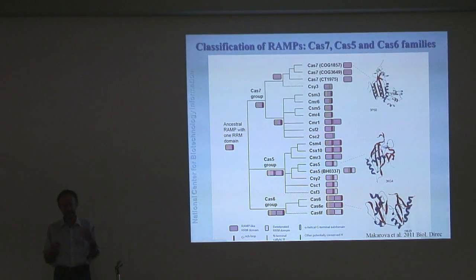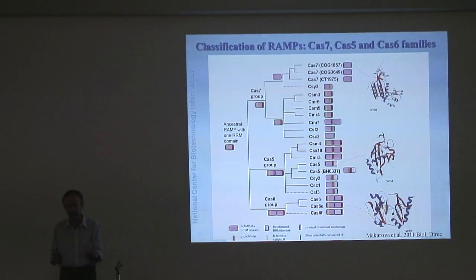Then analyzed in detail the relationship between these RAMP proteins. Remember, I introduced that in the very beginning of my talk as repair-associated mysterious proteins. Now, they have been reclassified into repeat-associated mysterious proteins, say with the acronym, and they have become somewhat less mysterious, thanks in large part to the determination of several crystal structures, which all revealed a particular kind